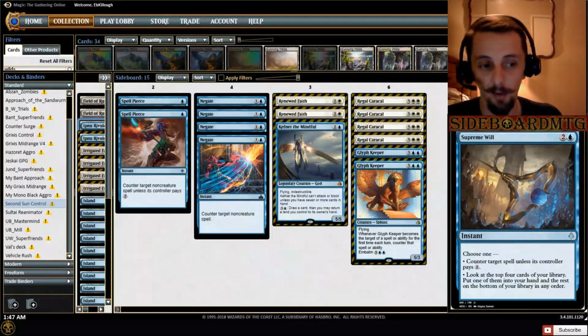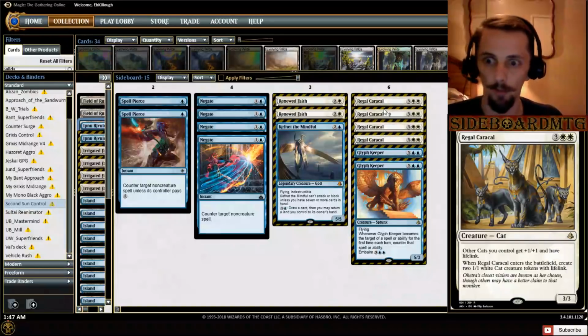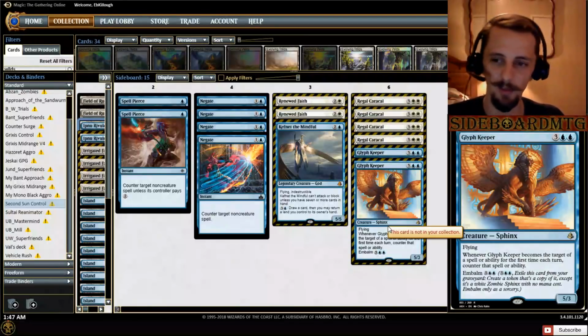Now, in the sideboard, we've just got a lot of answers to everything. We've got a little bit of life gain here in Renewed Faith. We've got 4 Regal Caracals. 4 cats here, people. Now, again, the Glyph Keepers, that's one of those cards where, you know, this is kind